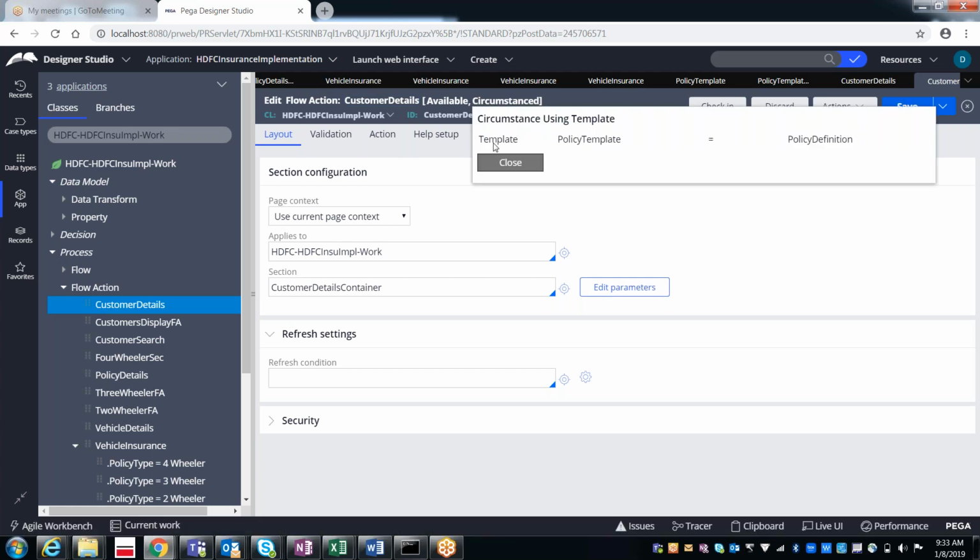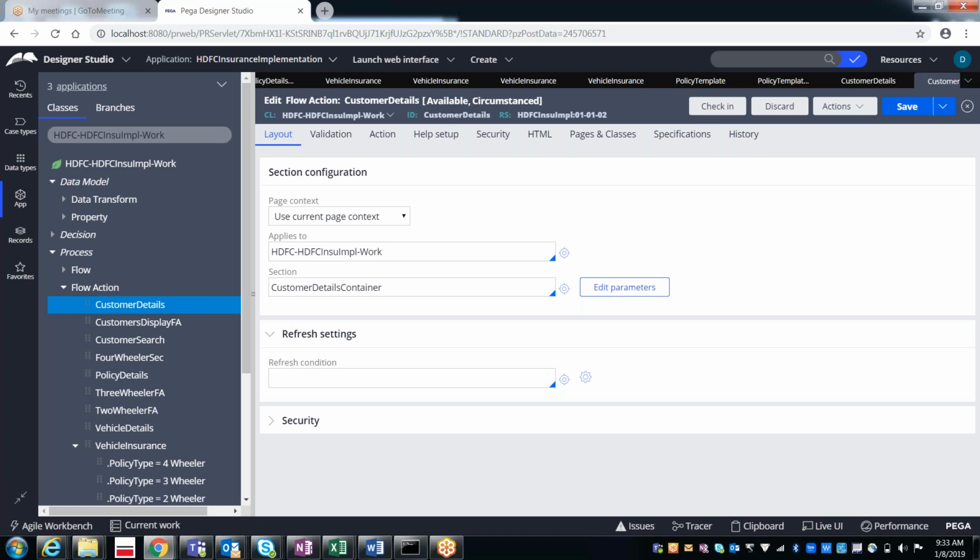In the template and the policy definition, based on the values which come earlier, it is going to decide and work accordingly. It is going to display the flow action accordingly. That is called single value, single property circumstancing. For single property circumstancing, directly we can refer it.